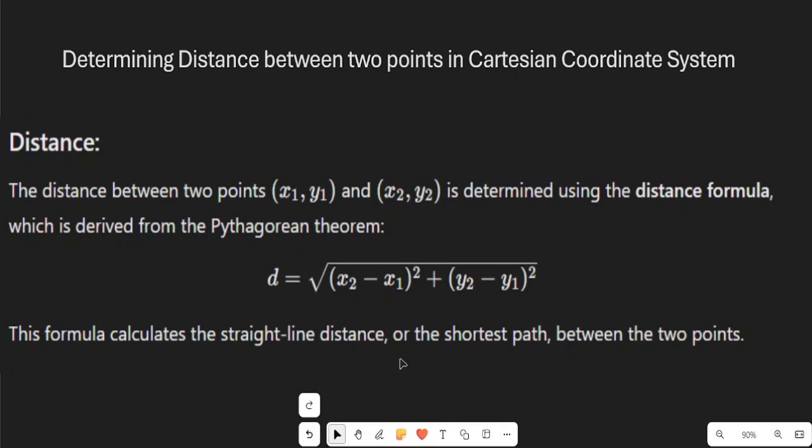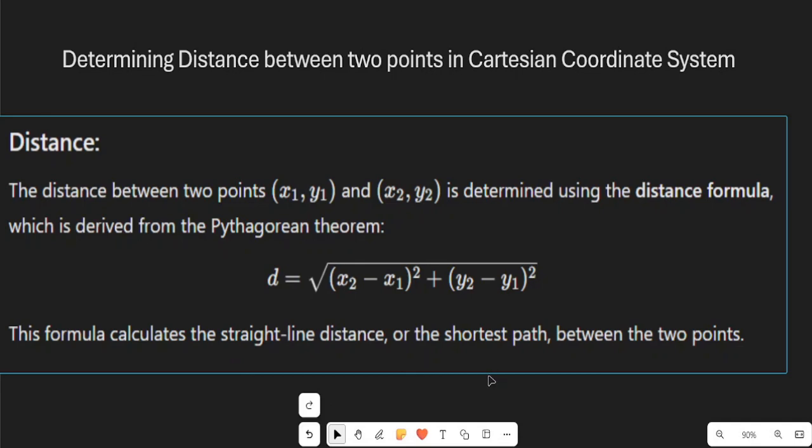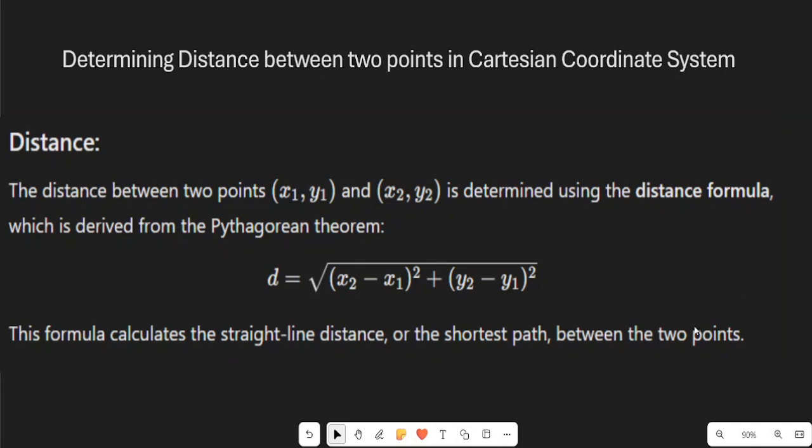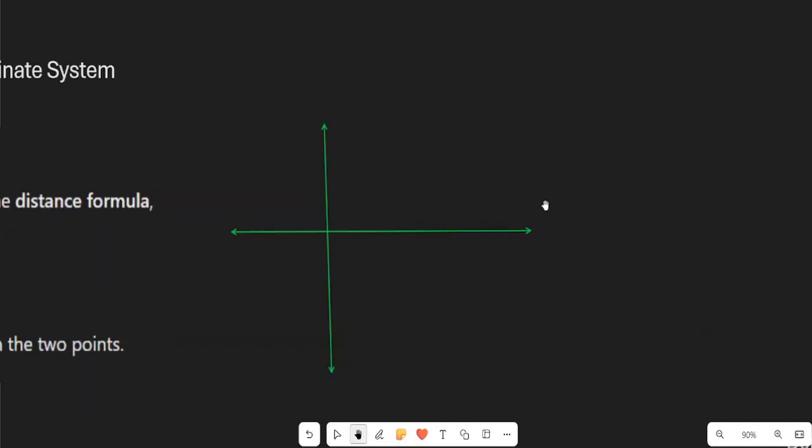The formula calculates the straight line distance or the shortest path between 2 points. Here, for illustration, we will now see how the distance is calculated. Here, we have this point and we have this another point. Let's say this point is 2 comma 3,